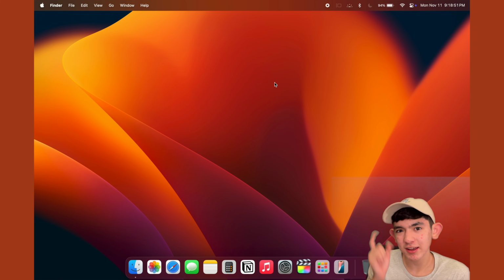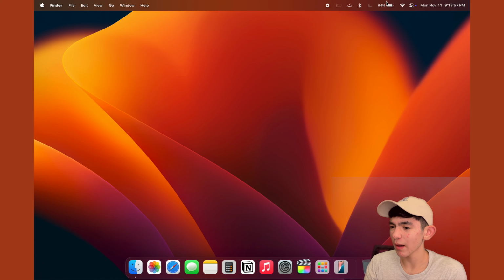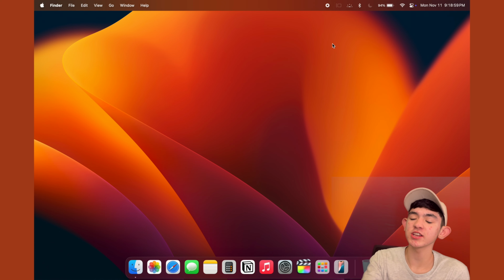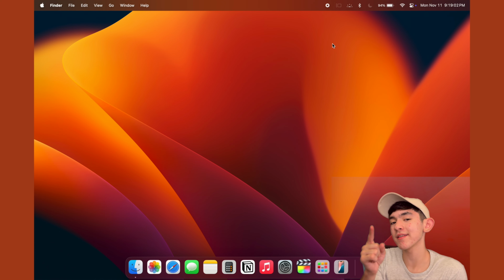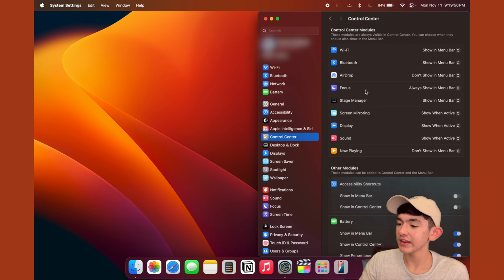Now, let's talk about the control center. I mentioned it earlier, but let's go into more detail. So, it's at the top, and it's basically quick actions that you can put on your home screen. And to customize it, let me show you. All you have to do is go to your settings, go to control center, and then now you can customize